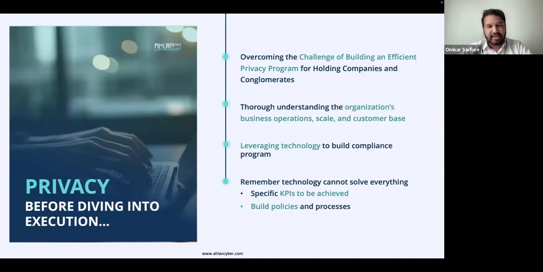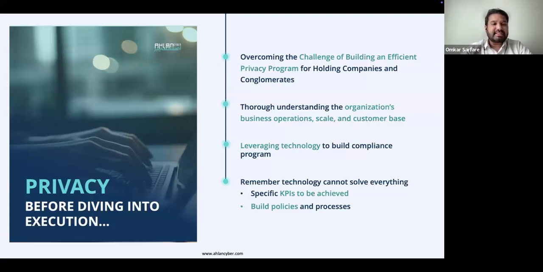Starting with, first comes understanding the business context. A thorough grasp of an organization's structure, strategic goals, and customer base forms the foundation of any robust privacy program. By mapping data flows across various subsidiaries, business units, and regions, leaderships can identify where personal data is actually collected, how it is processed, and which teams or systems are involved in it. This mapping lays the groundwork for tailored policies and controls that respect each unit's distinct operational realities and yet align with the overall corporate objectives.